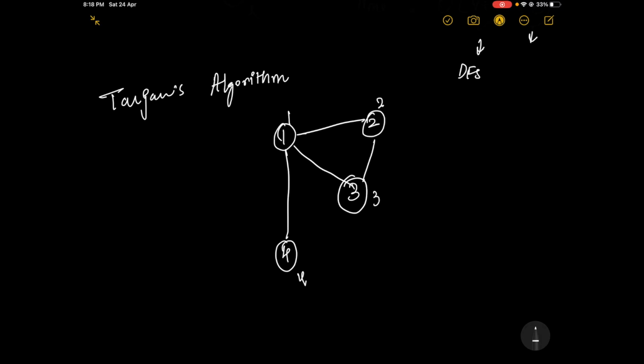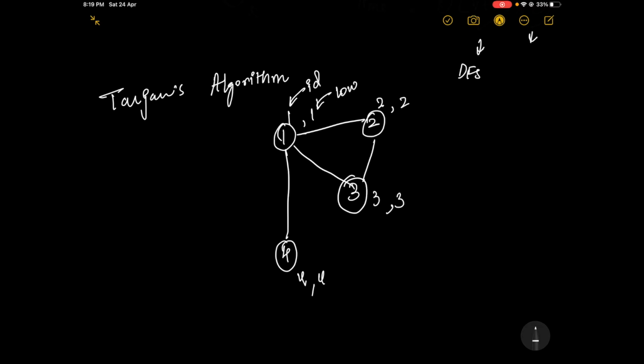And we also have a low value, which is basically the lowest ID reachable from that particular node. For every node, we initialize it to the current node which we are on, so 1, 2, 3 and 4. Now this is low.